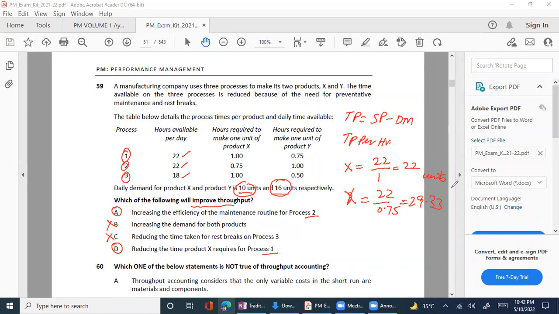$29.33. So what do you think? What is the answer? One option is D and one option is A. So